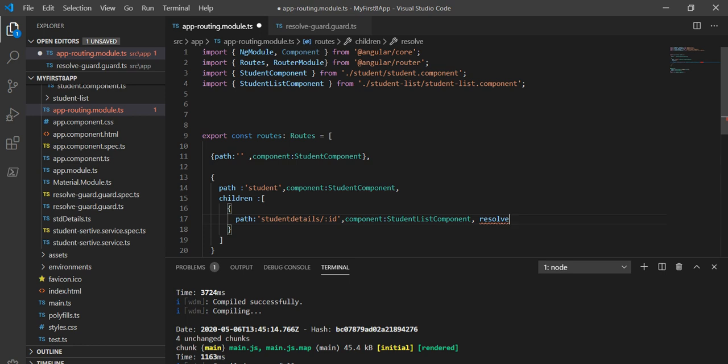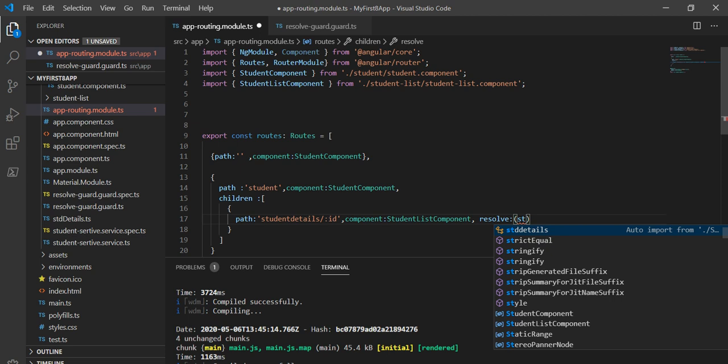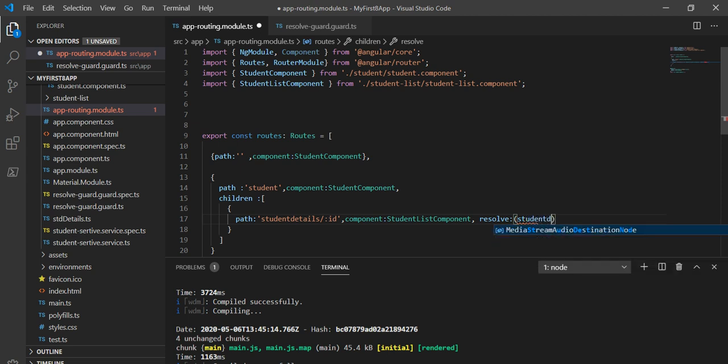And what is the resolve? We have to take a variable like studentDetail, and the type of this will be the resolve guard that we have identified.